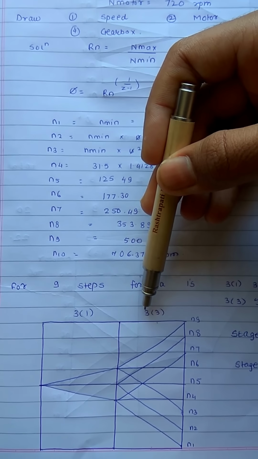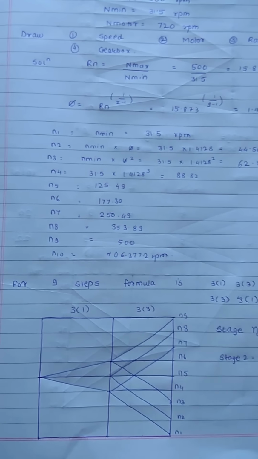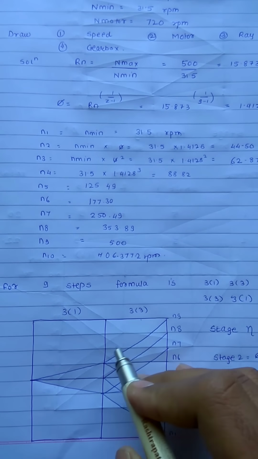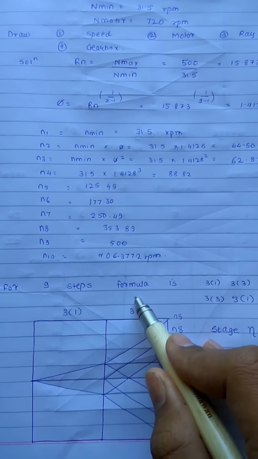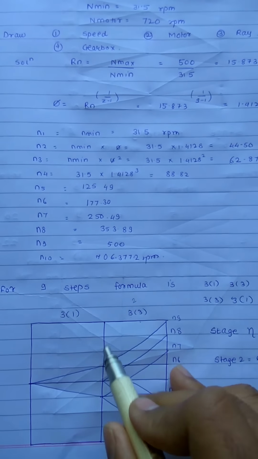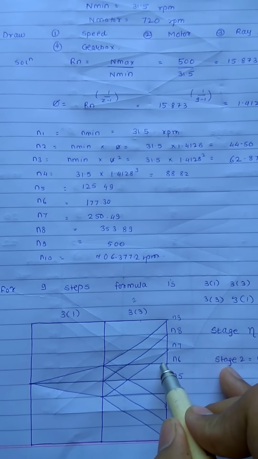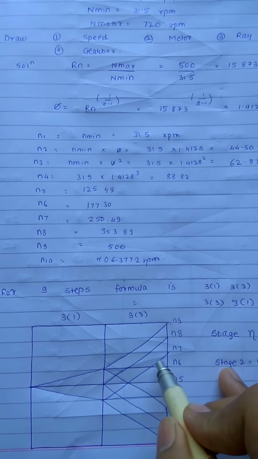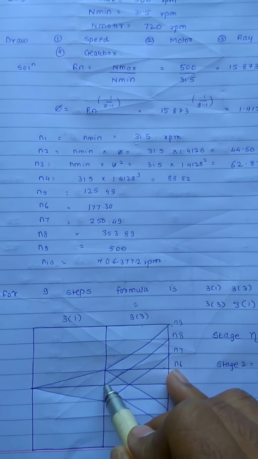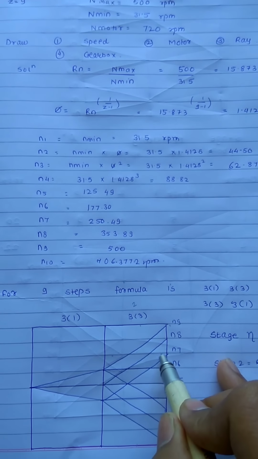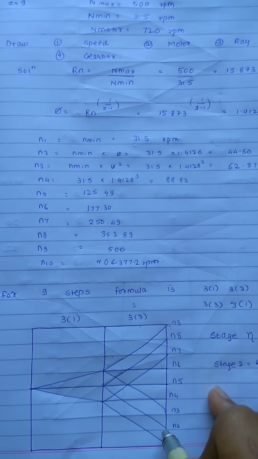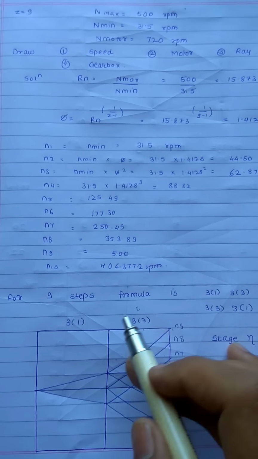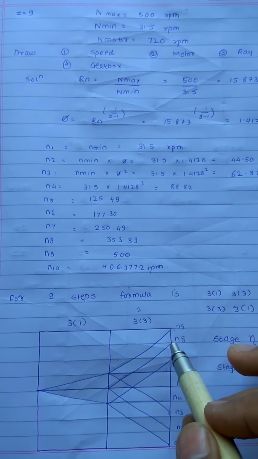Now the next step is drawing 3 lines with a space of 3. So the first line will be as usual at this end, only for 3. For 2 we have to draw 2 lines inclined. For 3 we have to draw the first line and then taking the reference of this line, 1 2 3, 1 2 3, we have to join the other 2 lines. Similarly for this line, taking the middle line, 1 2 3 and 1 2 3, joining 3 lines. And for the last one, in this way we can find out the structural diagram for 3-1 and 3-3.